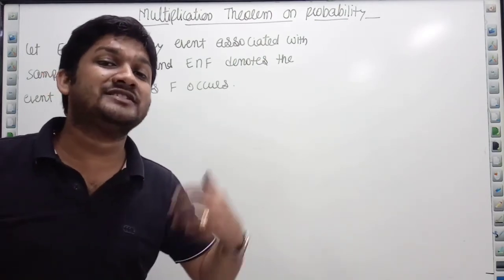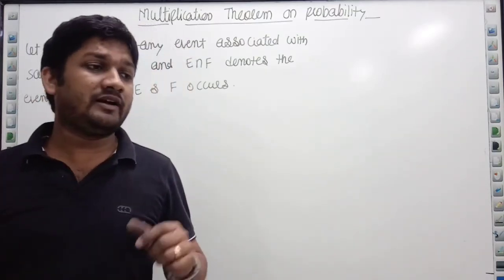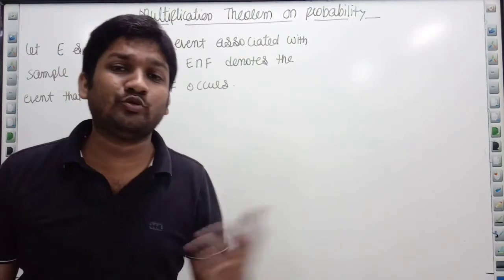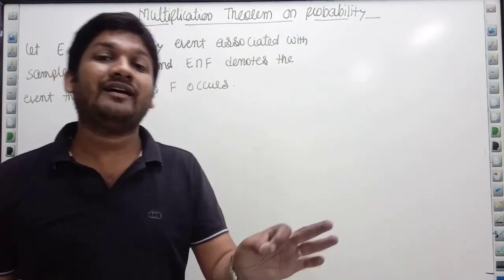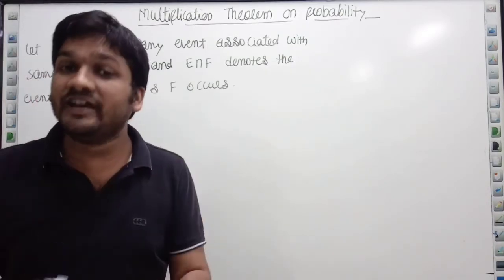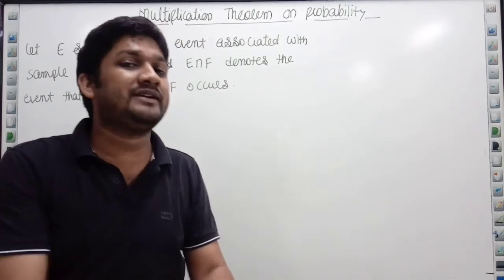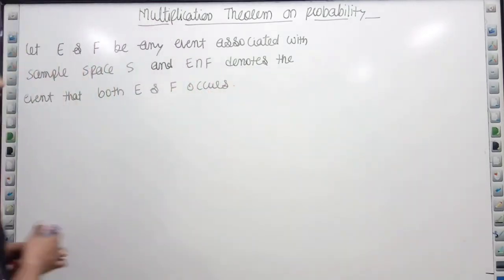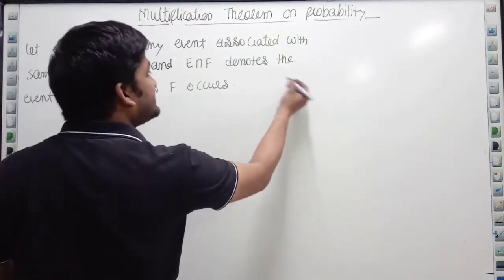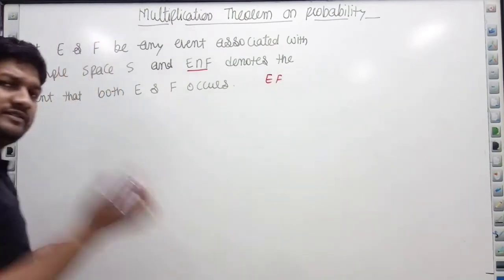are simultaneously occurring. Like if I take out two cards from a deck of well shuffled 52 cards, what is the probability of getting a king and a queen? Means we are interested in finding the probability of two events simultaneously. With the 'and' option you can also say. So when we talk about two events, this can be written either as E intersection F or EF directly.